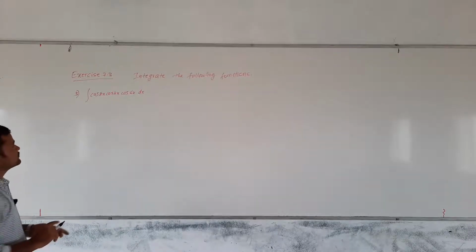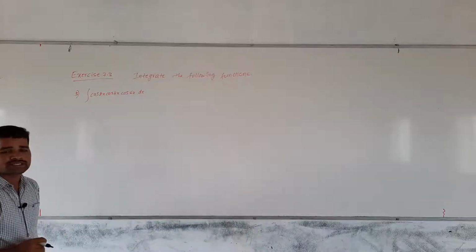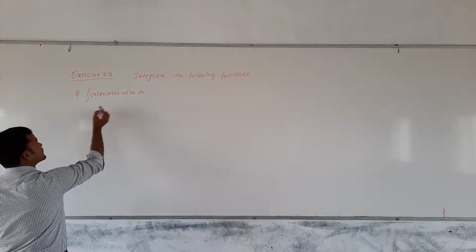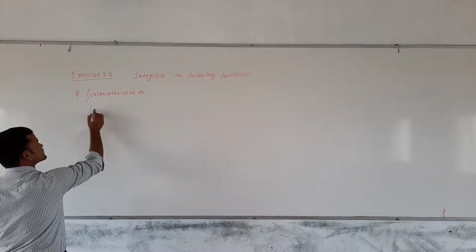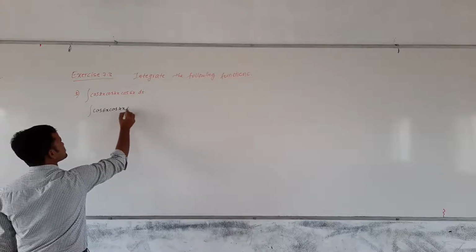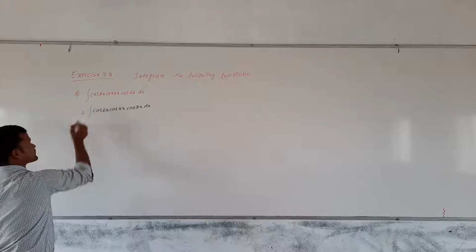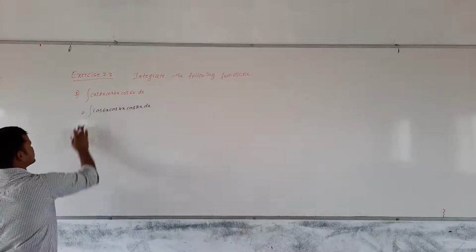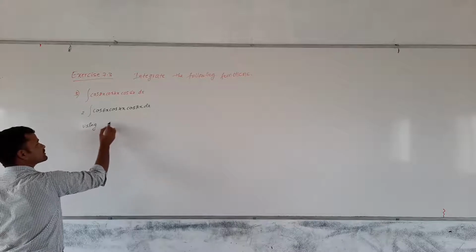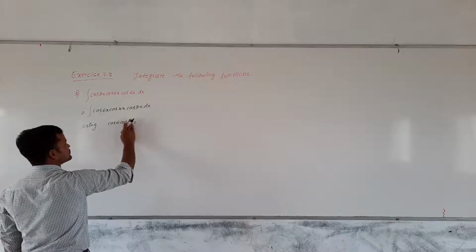Here what we do, same way we will proceed using the formula cos A into cos B. What is the cos A into cos B formula? Let me rewrite this. This is cos of 6x into cos 4x into cos 2x into dx. Okay. Using the trigonometric identity, using cos A into cos B.